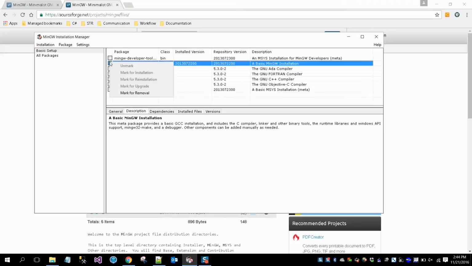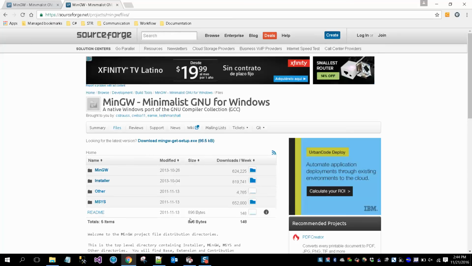You're going to mark it for installation, and then you're going to go to installation and do apply changes. Now, I've already done it myself, but it's as simple as that to get the tools that you need. That is MINGW32 base. If you click mark for installation, and then go to installation and click apply changes, it will automatically download everything that you need and install it in that root directory that you had defined,